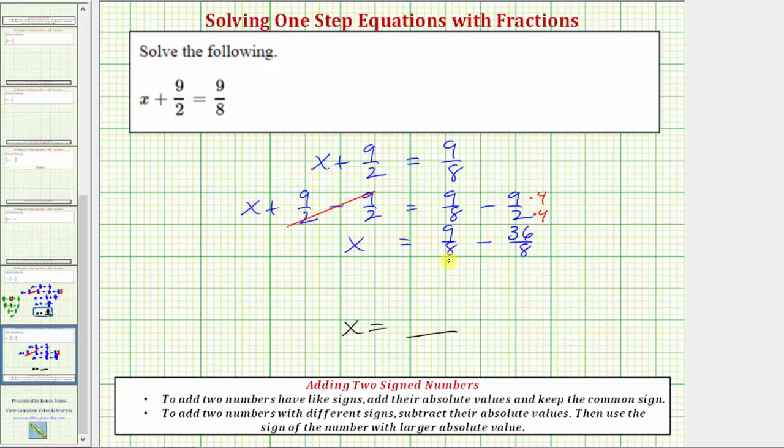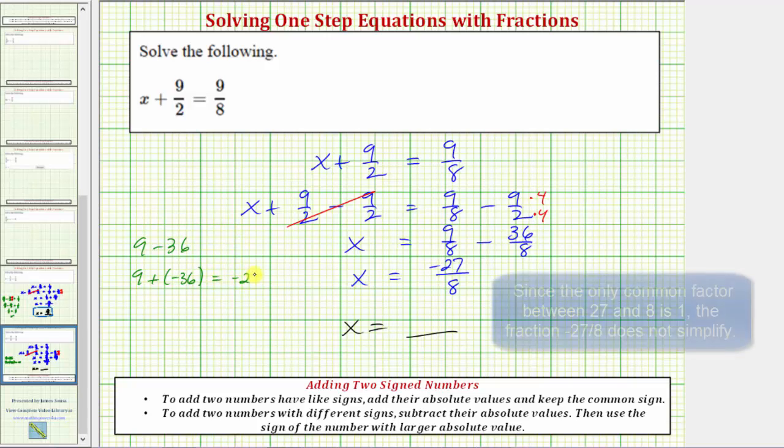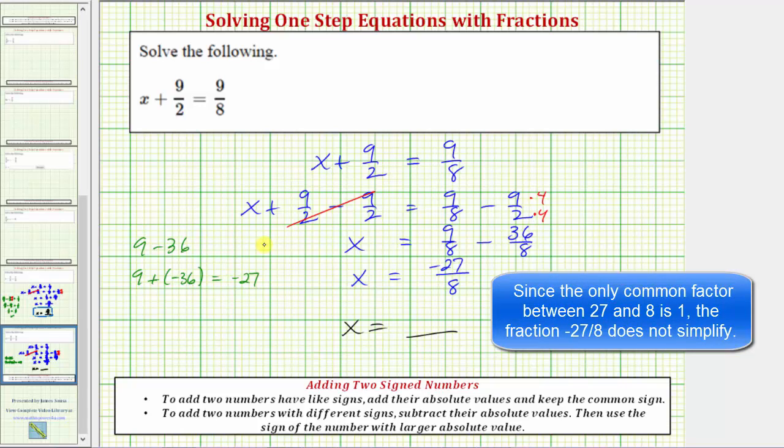Now because we have a common denominator, we can subtract the fractions. The denominator stays the same, and the numerator is going to be 9 minus 36, which equals negative 27. If we need to, we can work this out on the side. 9 minus 36 is equal to 9 plus negative 36, which once again is equal to negative 27. So our solution is x equals negative 27 eighths,